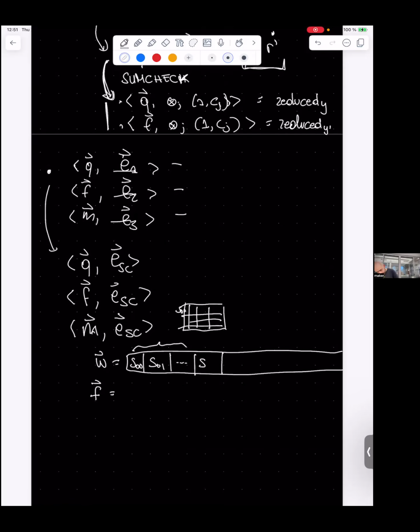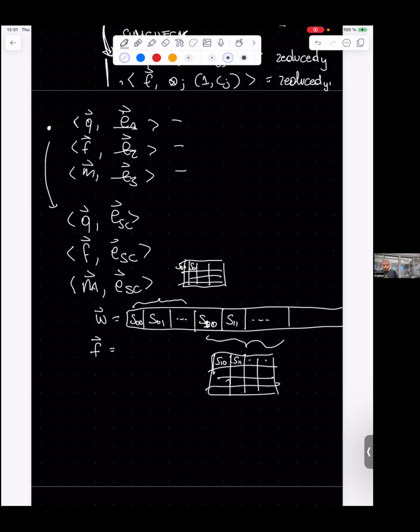So I have S00 in here, S01, and so on and so forth. And then I'm concatenating with the state after the first operation is computed, say the S-box computation, and so on. And this is the state, the AES matrix at the first state. So S10, S11, and so on and so forth. And what I want to check is that